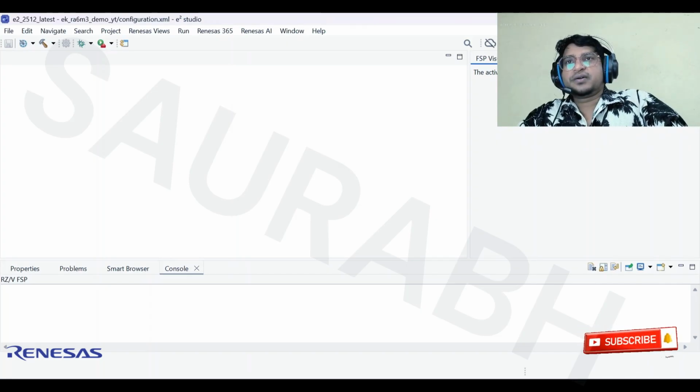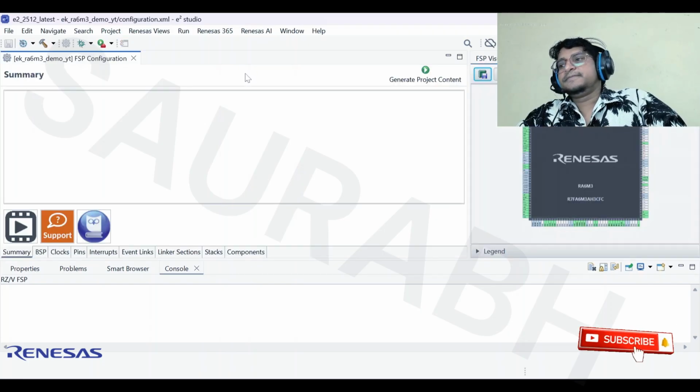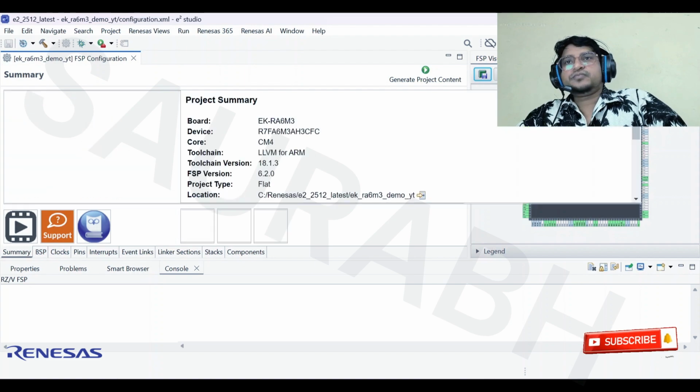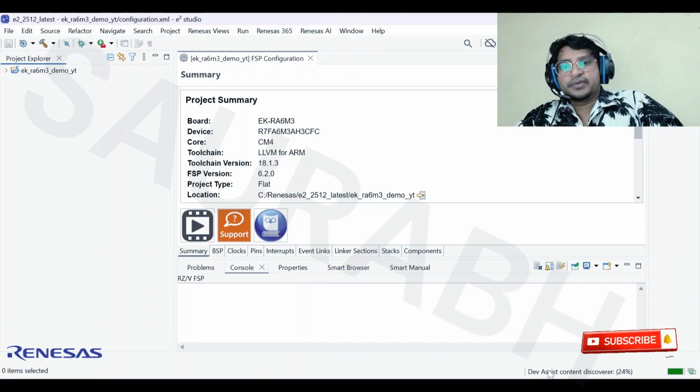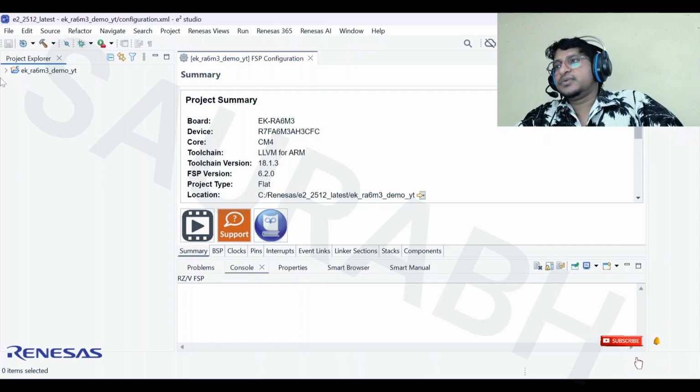So after all that setup, you will find this project tree on the left side here. You can see the project tree is available here, and all that configuration is going to happen on the left side. So automatically, code creation and setup creation is going to happen.